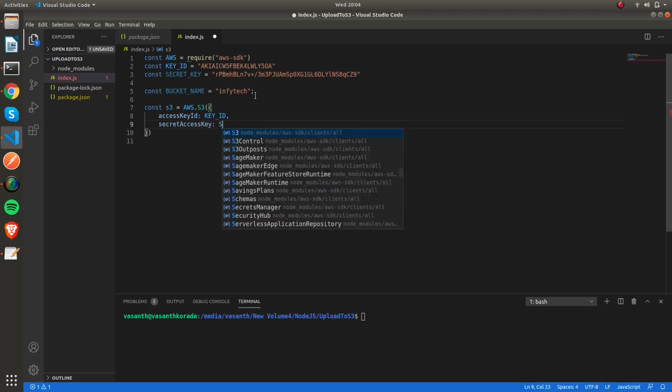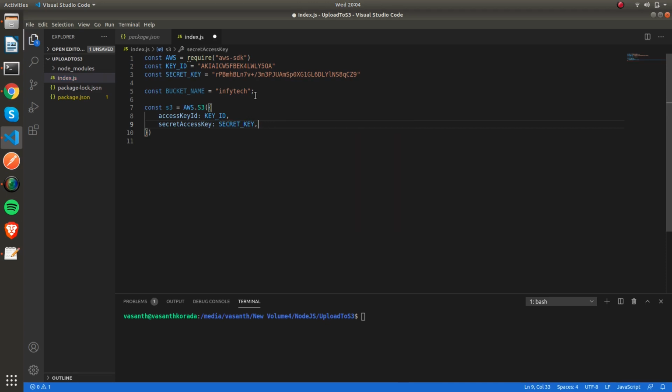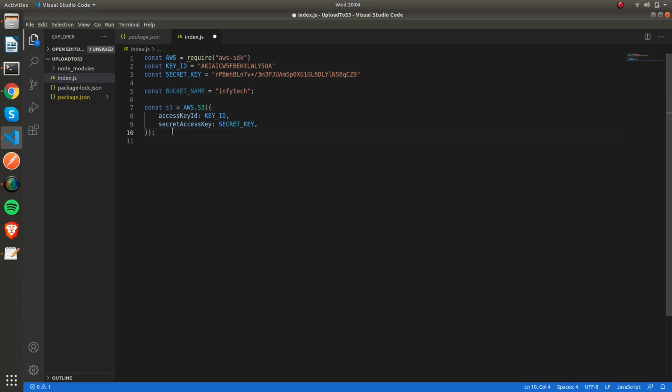Our secret access key is the secret key constant variable. So basically this is how we initialize our S3 through code, and after initializing we need to create a bucket.